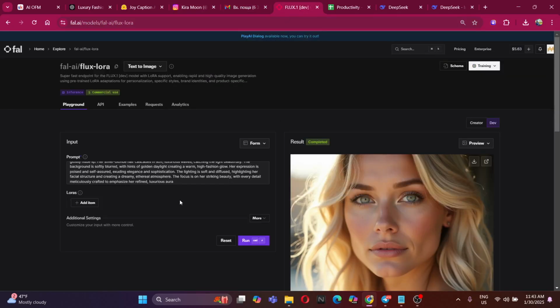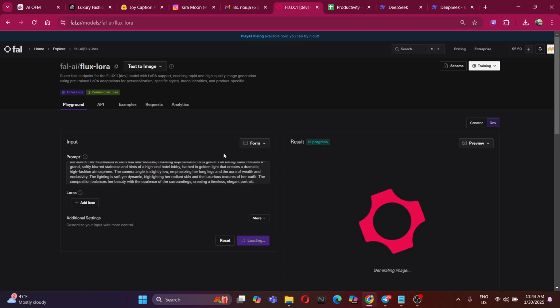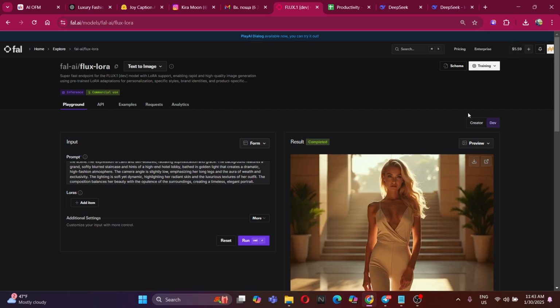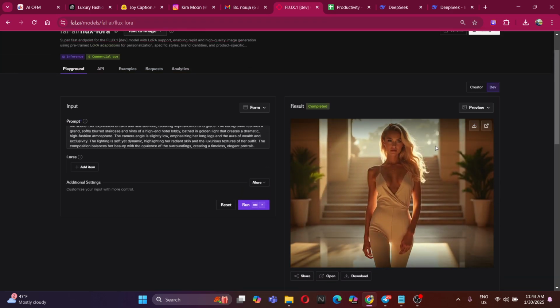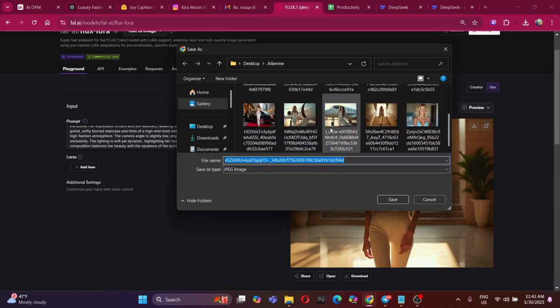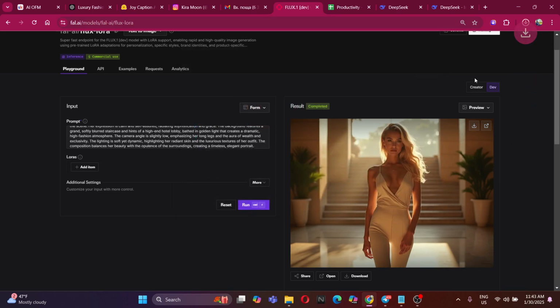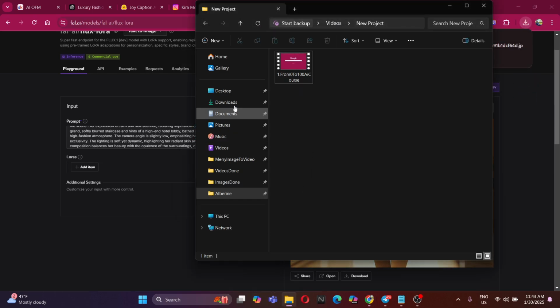That's why I tend to use DeepSeek for the moment. So you see guys, we have already created like 10 different images and we have spent like 20 cents. And you see what I have now. Now this is a photo which I really love, and this is a photo that really matches the one on my private jet. So I am very happy with this, and now I will